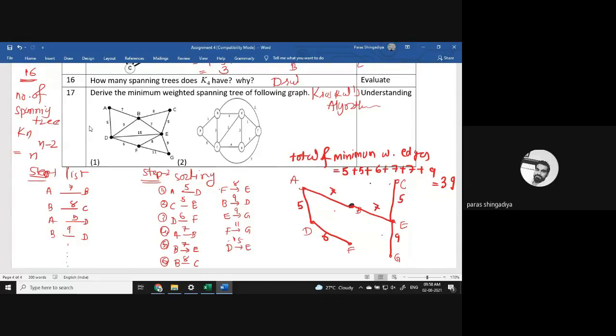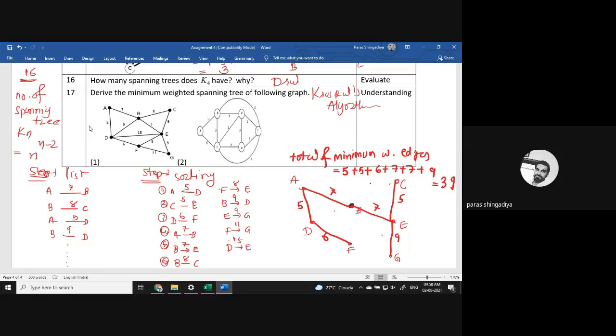Okay, these are the 3 steps जो आपको एग्जाम में भी मेंशन करना है. ठीक है? If it is asked in the exam for 6 to 8 marks, so you have to mention all these 3 steps. Step 1 में आपको एज का कलेक्शंस डिफाइन करना है. ठीक है? लिस्ट ऑफ द एजेस. फिर स्टेप 2 में उसको सीक्वेंस में अरेंज करना है. Start with the minimum weight, that is step 2. और स्टेप 3 में सॉर्टिंग के हिसाब से आपको ग्राफ बनाना है. You will first focus on the minimum weight and then after next weight and so on.